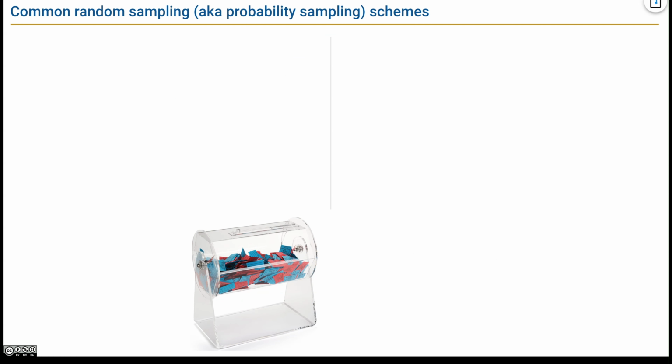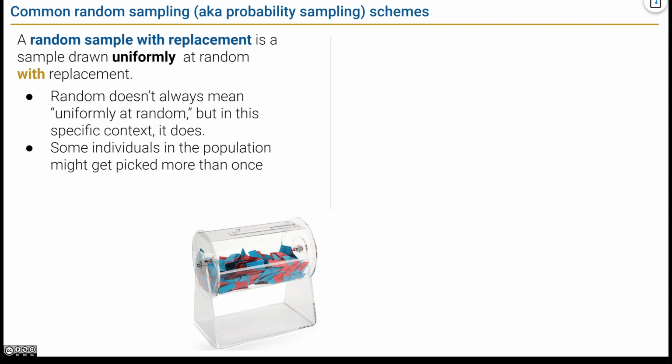So let's look at this case. Let's look at this random sample with replacement. This is a type of sample that is drawn, we're going to say uniformly at random. That means that every element in the population has an equal probability of being selected in a given draw. That's the uniform part. The with replacement means once you select that person, you record their whatever